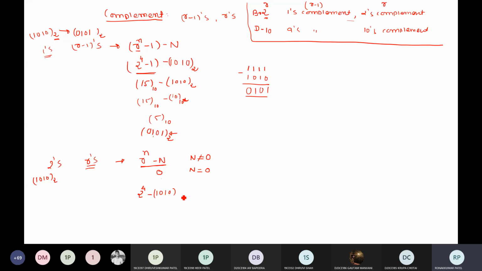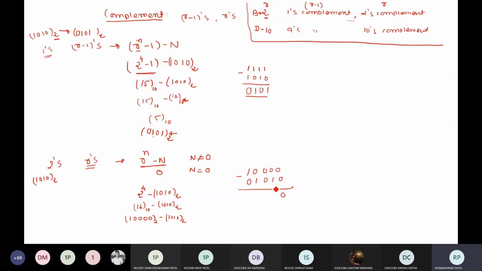1010 base 2. Now this is 16, 2 raised to 4, which is 16 in base 10. Now convert 16 to binary: 16, 8, 4, 2 and 1. To do the subtraction, 10000 minus 1010. If you perform the subtraction,